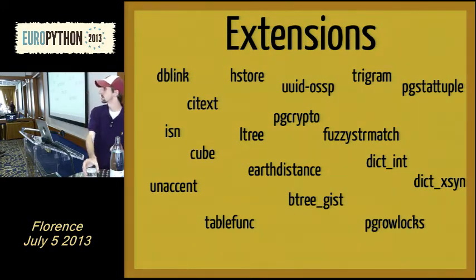So to turn any of these on, you essentially say create extension hstore in your database, and it's available to you. There's also third-party extensions that you can build and compile and install. And a lot of the foreign data wrappers take this effect. My favorite one, actually, my favorite data type is actually an extension.